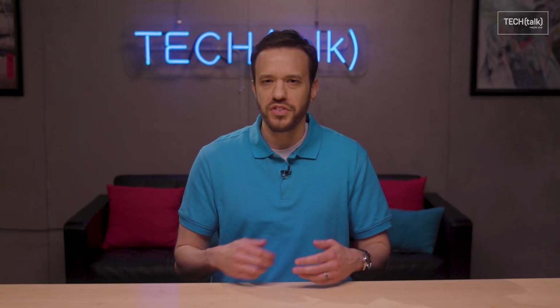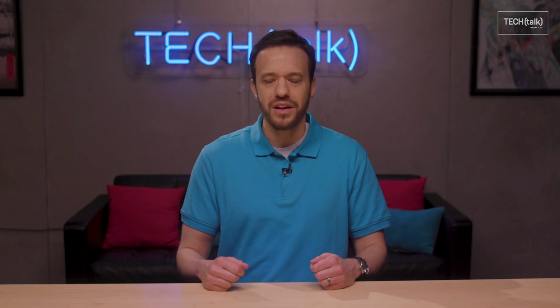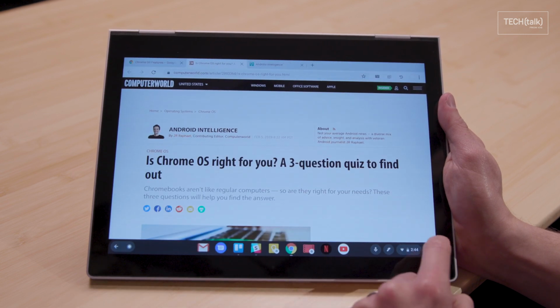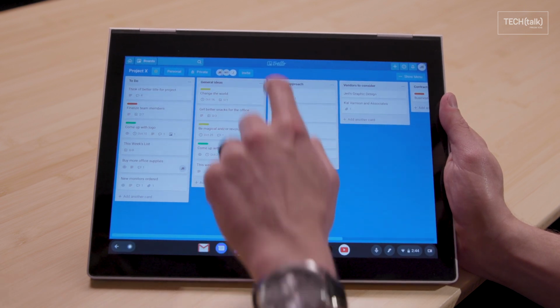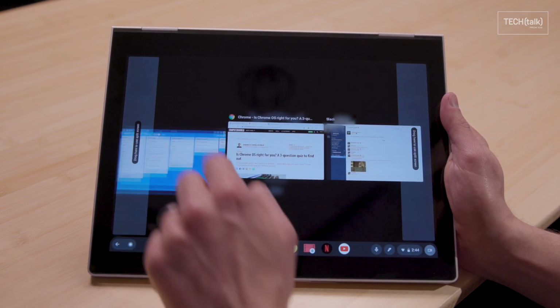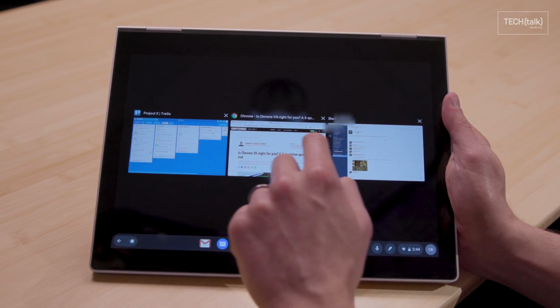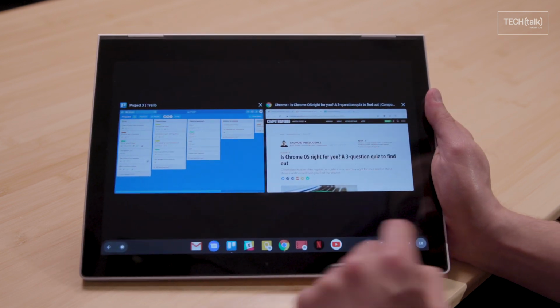First up is Chrome OS's Overview interface. This thing's all too easy to overlook, but you shouldn't, because it can save you some serious time and make your life a whole lot easier. To get to Overview, either tap the button that looks like a box with two lines next to it on your keyboard, or if you're using a Chromebook in its tablet mode, tap the icon with that same shape in the corner of the screen. You can also swipe down with 3 fingers on your trackpad to get there, or in tablet mode, swipe down from the top of the screen itself while any app is open.